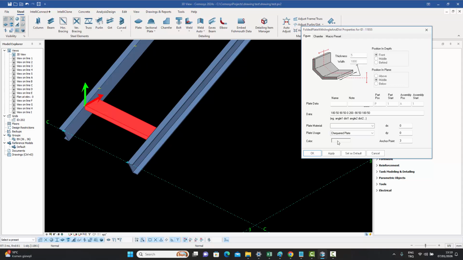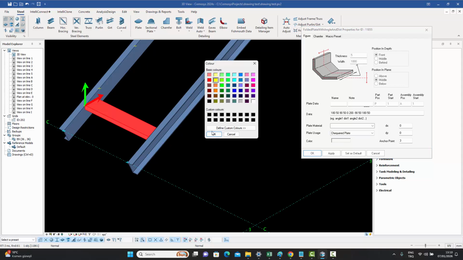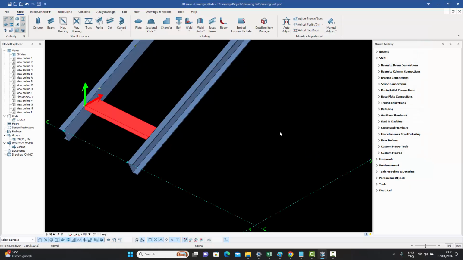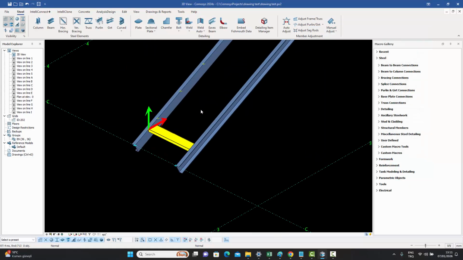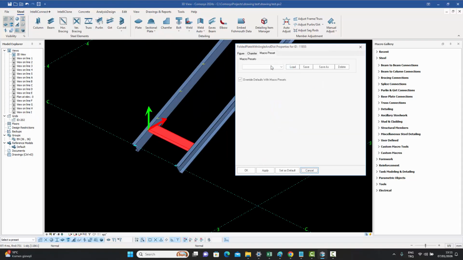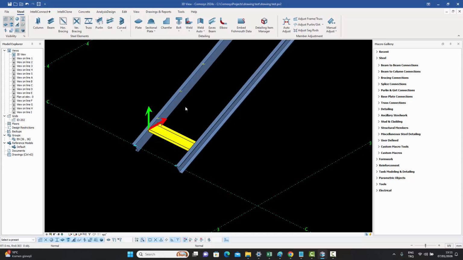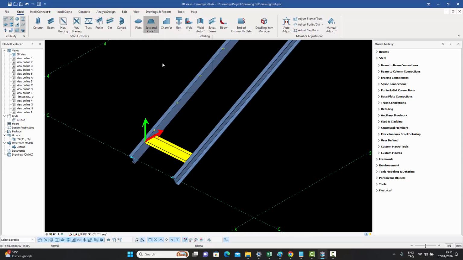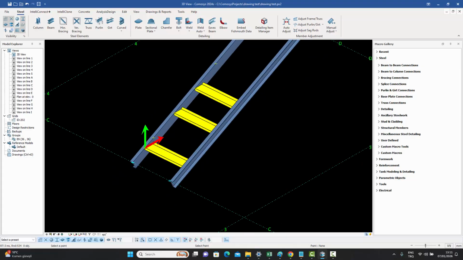You could give it a color, for example, and then save it away. And then your plate will be saved away. And then every time you want to use it, so for example, let's just recall type 1. Type 1, let's say load, let's say apply, and then let's say set as default. Okay, and now you can basically go in again to the same command and just click on the points